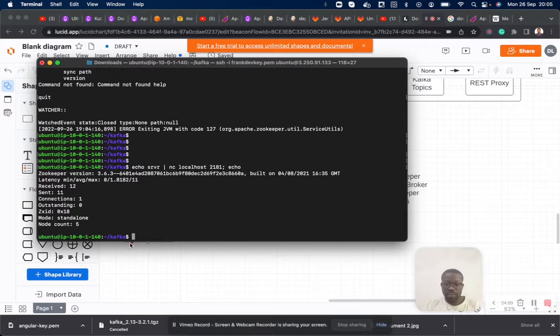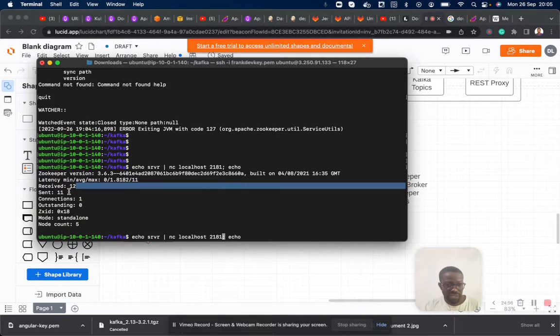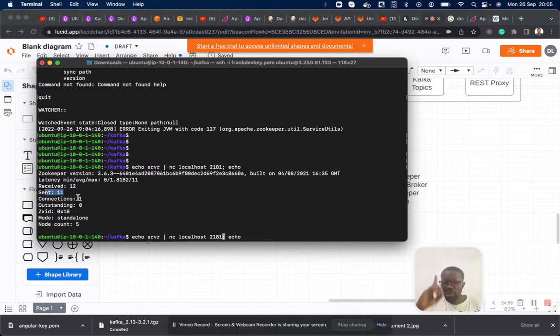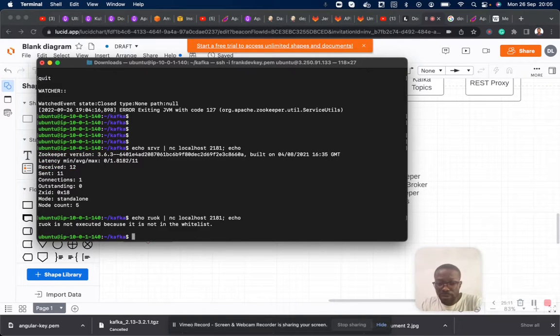Let's look for other four-letter words. So far, it has received 12 messages and sent 12 messages, and you have just one active connection. Let me try something called ruok, are you okay? This should respond. It's telling me that ruok is not executed because it is not in the whitelist.